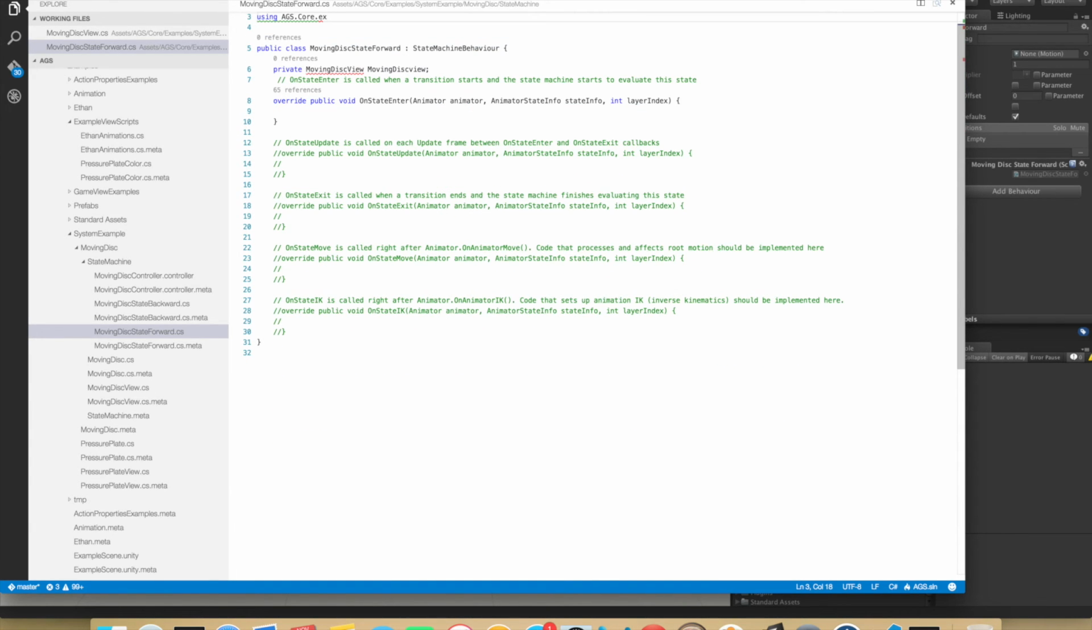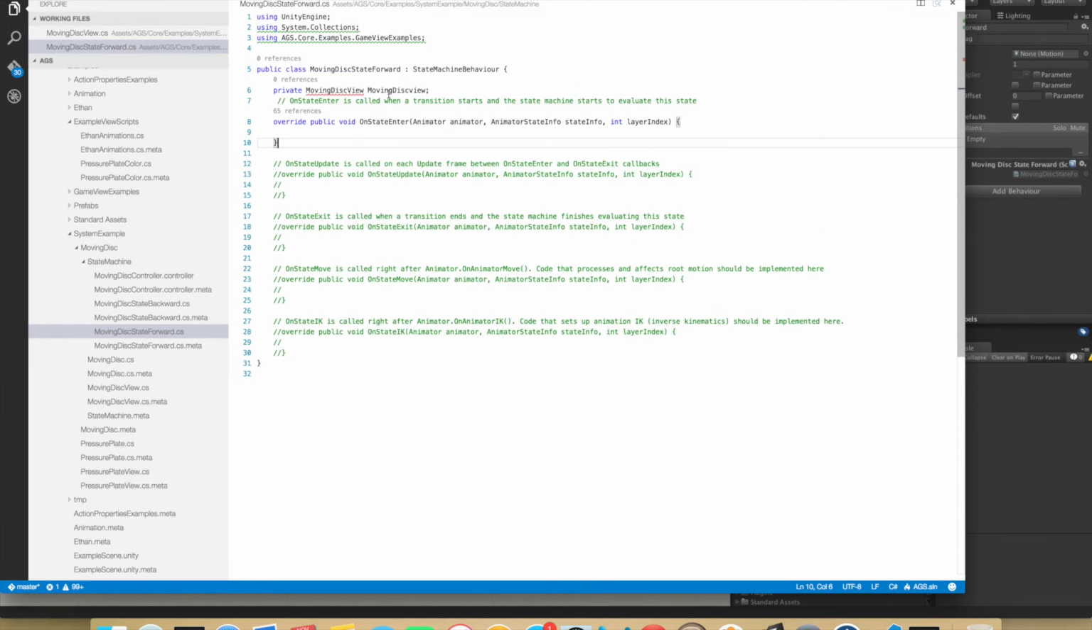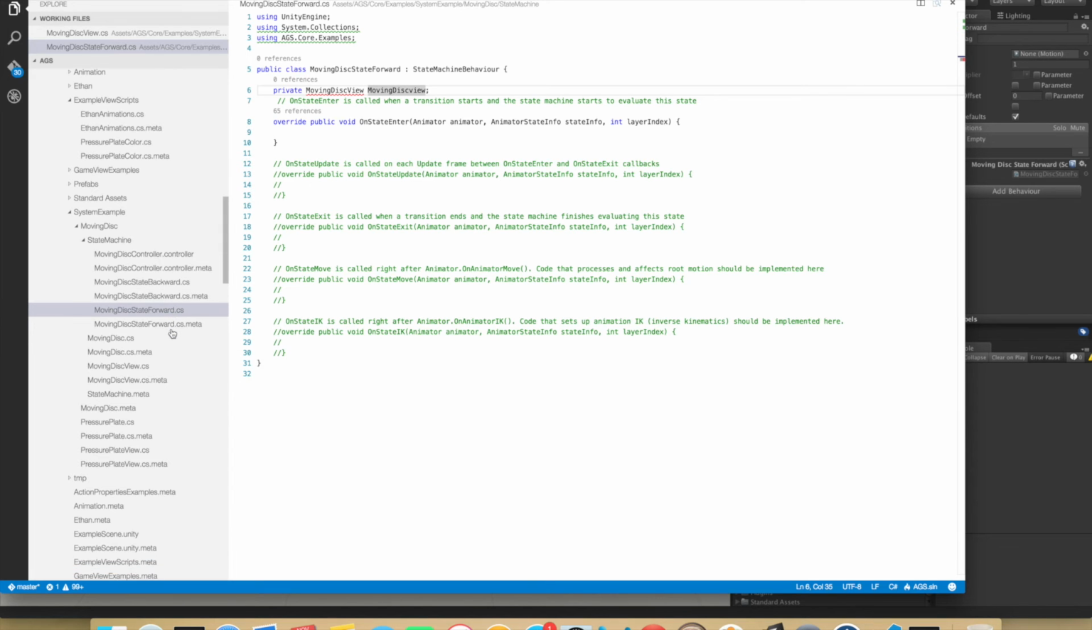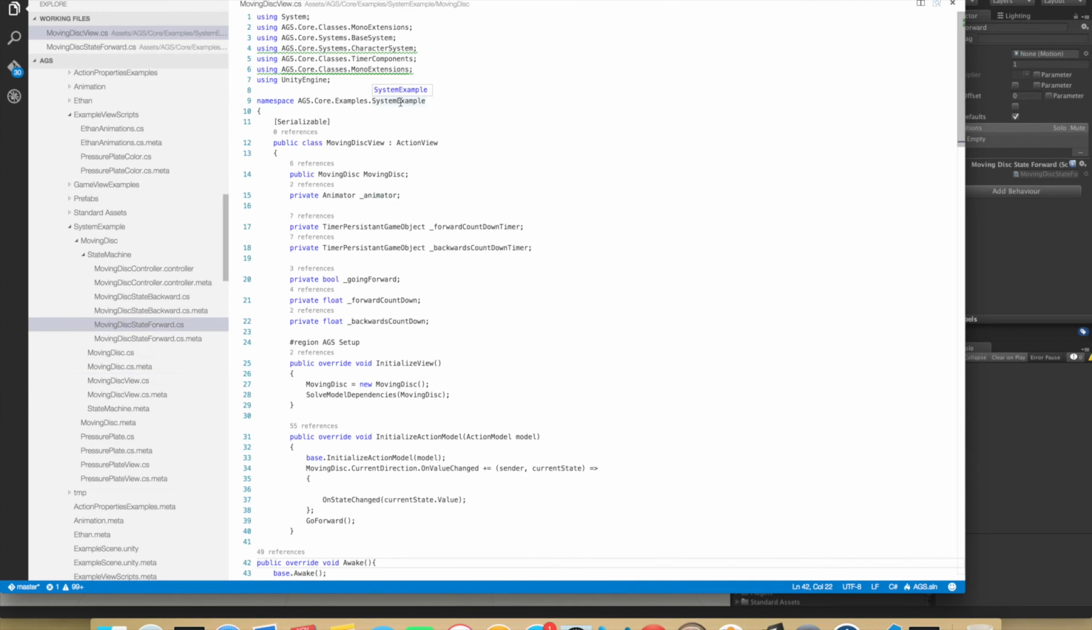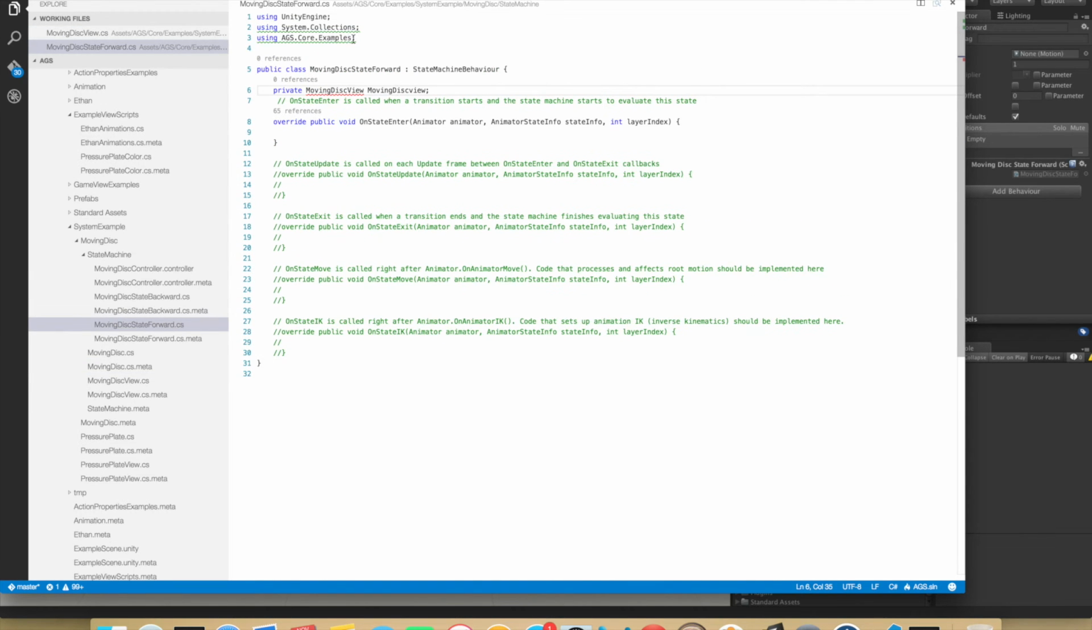I think it's called examples. Oh my god, examples dot game view examples, and oh, what's wrong now? Moving disk view, let's see, it's in system examples. Okay, examples, system example. There we go. Finally,